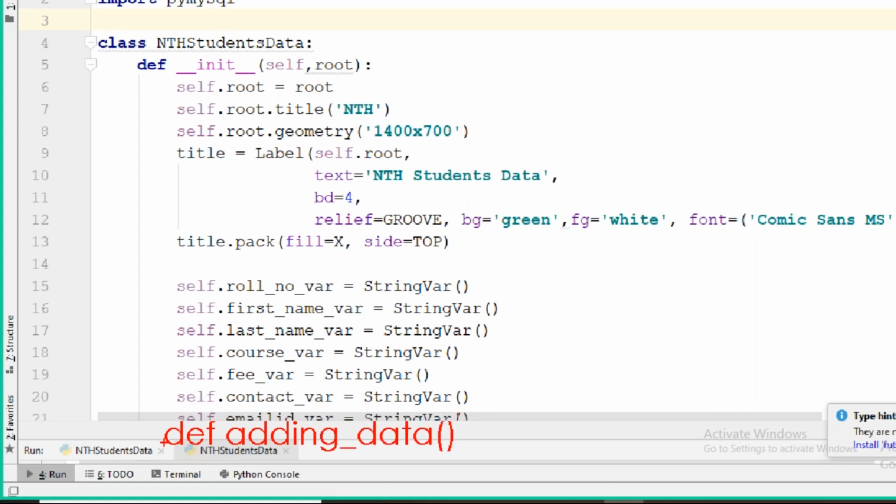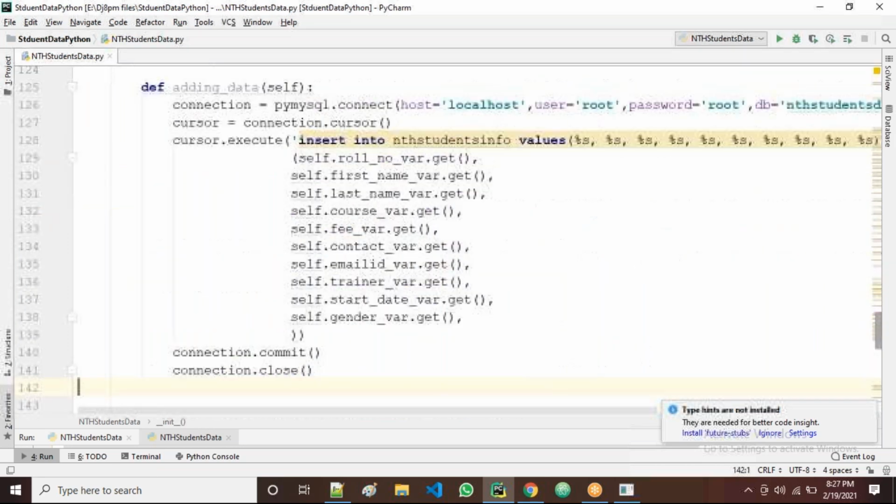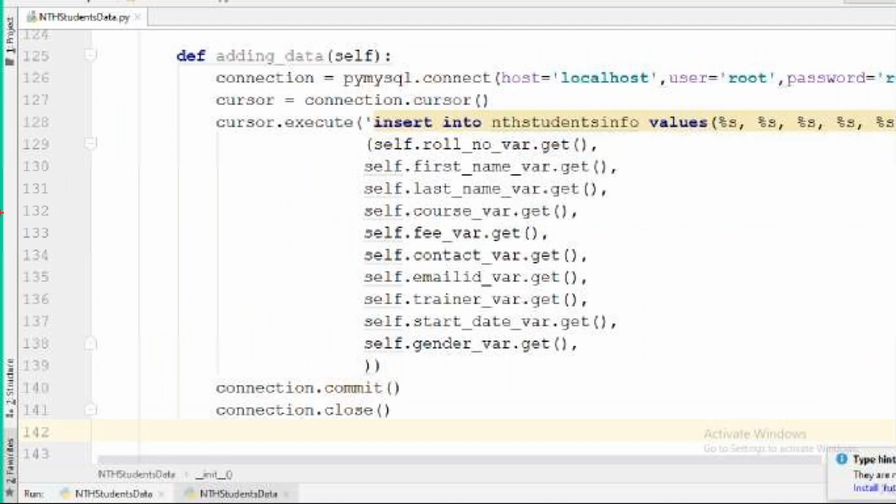Adding data. So what is the meaning here? This def is taken where, like this, with the indentation we followed. But actually it's a method, right? We should take it exactly below this method. We should leave only one indentation, but we left two indentations, one and two. You can check it. Yes. Now all of you observe, right?